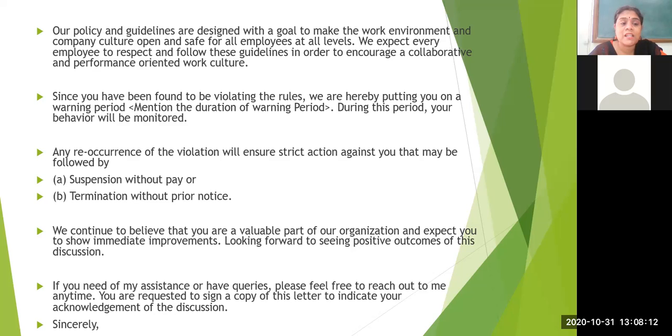Suppose he is repeating the same. Okay, so in that case, there are two decisions to be taken by the higher authority. One is a suspension without pay. Here it's a monetary loss. With a warning, you are on a notice period, so you are still getting a salary. But in case of suspension, there are two ways. During your suspended period, you may get 1/4 salary or half salary, according to the company rules, because in that duration he is not liable to work for another company either, because he is suspended.